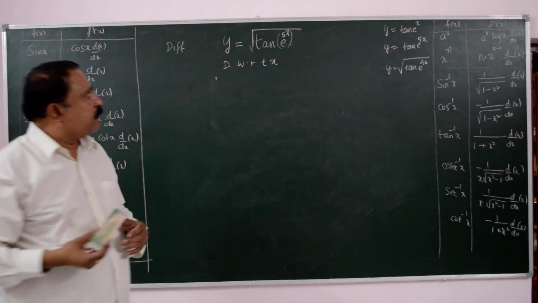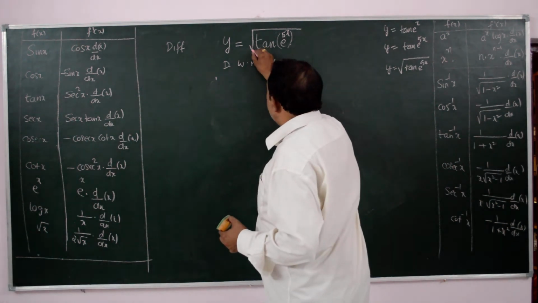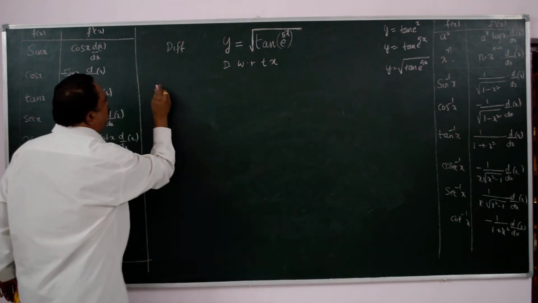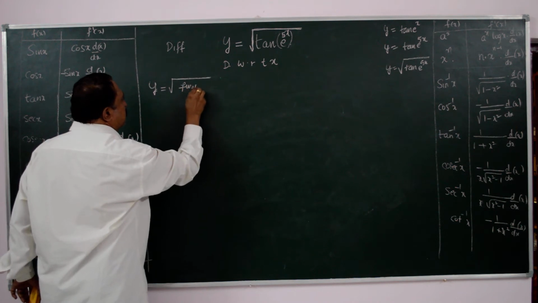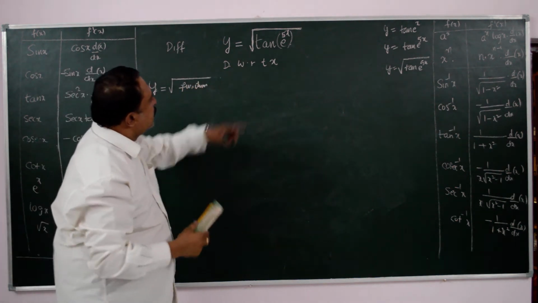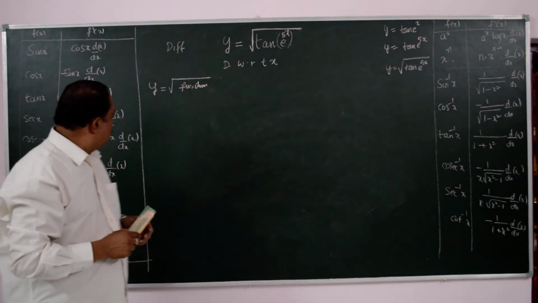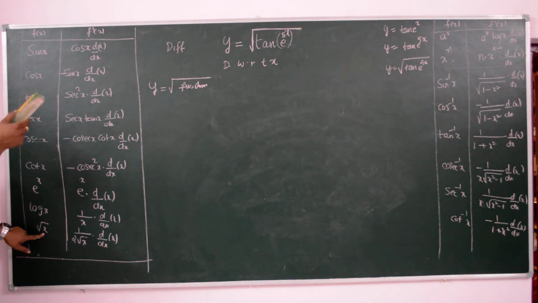Now just pay attention, afterwards you can write down. See, this is y is equal to square root. This is of the form, I want to tell you this as an important note. If y is equal to square root of a function. See, tan e to the power of 5x is a function. It is under square root. Now you have to identify from the list which will suit to this formula. Square root of a function. So the pattern of writing the differential coefficient for this problem is to match with differentiation of root x.